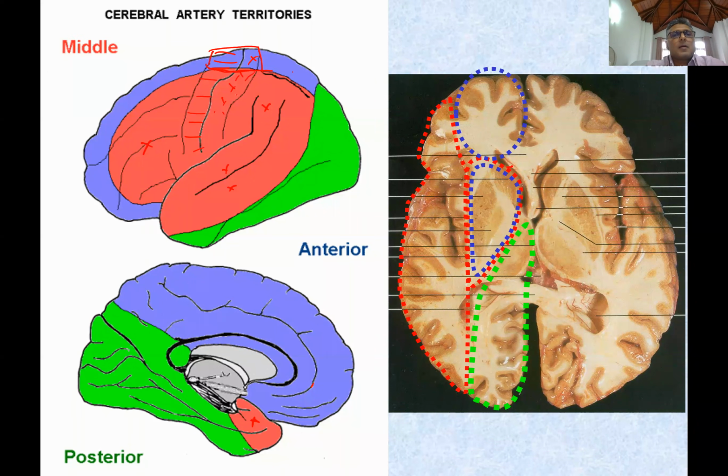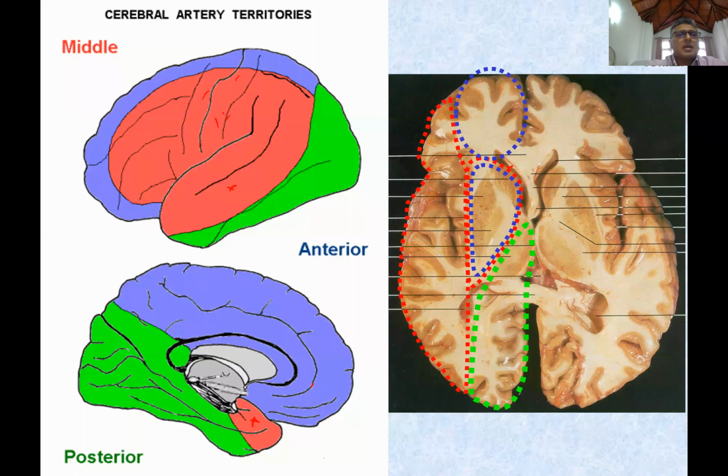Then the upper limb and the face area will be affected if you block the middle cerebral artery. So you block the posterior cerebral, you get visual effects. You block anterior cerebral, you get lower limb, perineum, that area effects. You block middle cerebral, you get upper limb, face effects, and more than that,